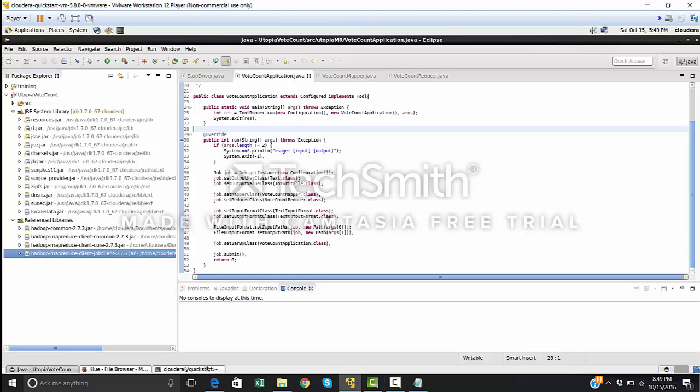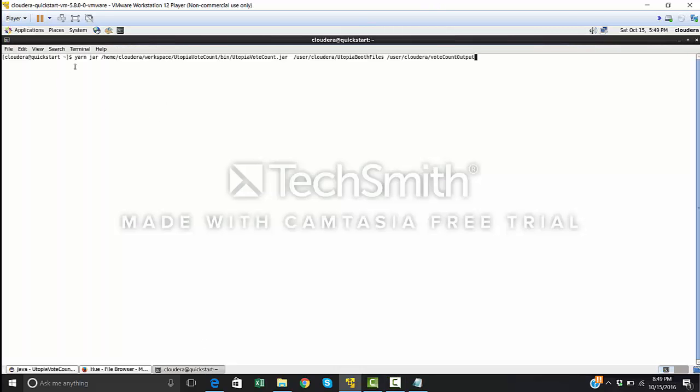Then we go to the terminal and use the yarn command to run the jar. So yarn space jar, the directory path for the jar file we saved in Workspace Utopia bin folder, then your input folder path and output folder path. Make sure that this output folder is not already created, because this command is going to create the output folder and insert the output file there. So I click on enter,